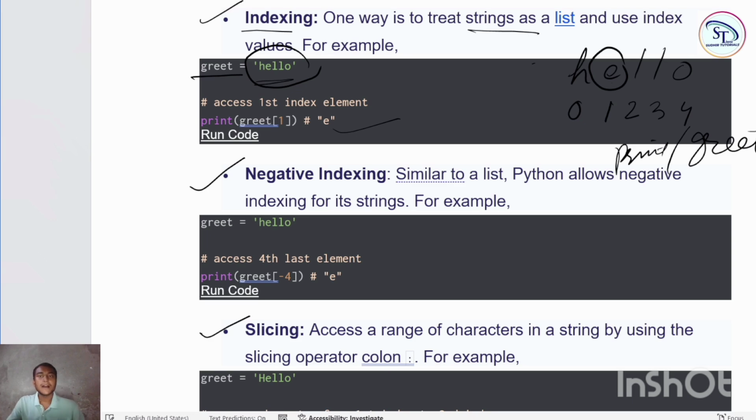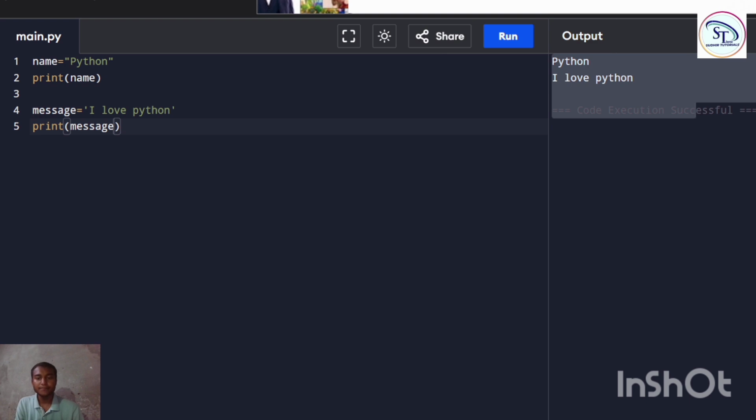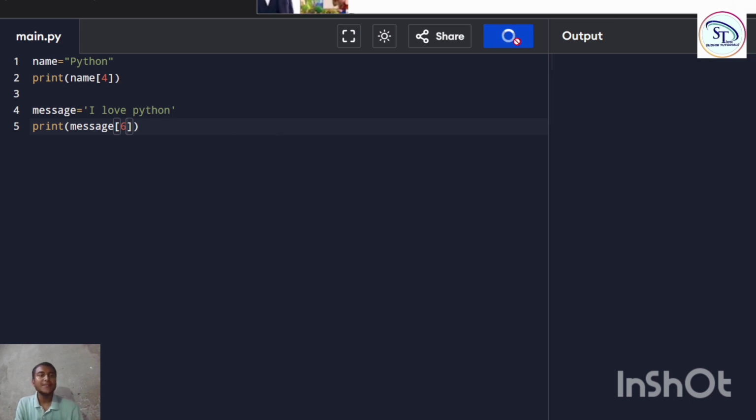I am just showing the same code to people in the compiler also. Just give me a minute. So here is the compiler. For example, I want to access the characters of this string. I want to get the value of the fourth index, so I will simply print name, fourth index, and in message if I want to print the value of the sixth index, I will write 6 inside square brackets